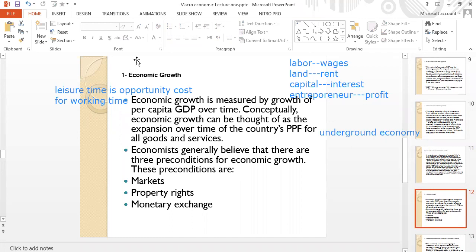We will draw the PPF. When we talk about the PPF, we know that PPF is considered